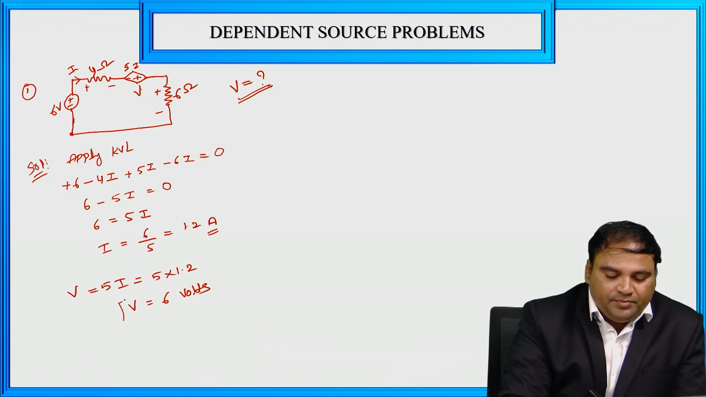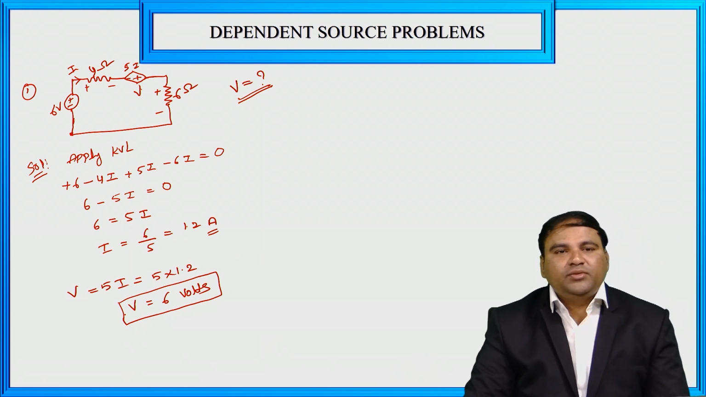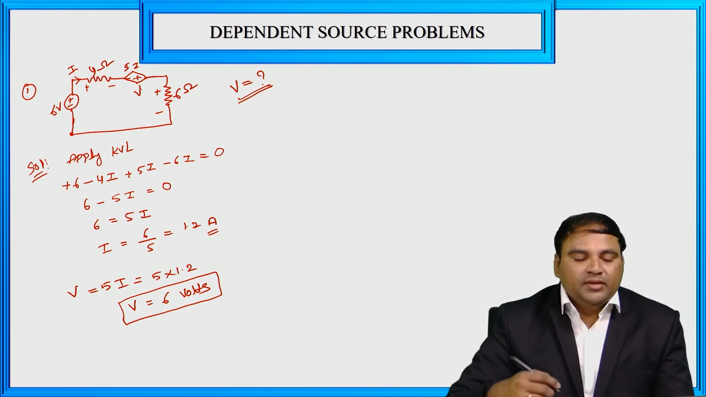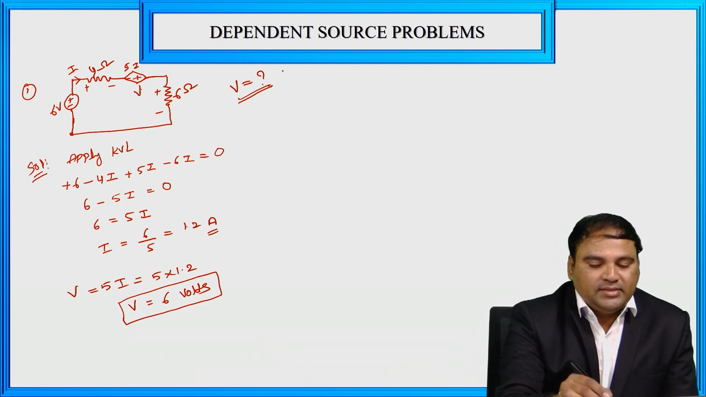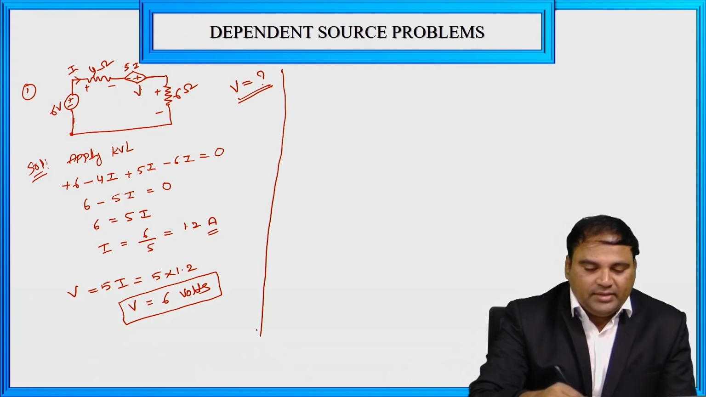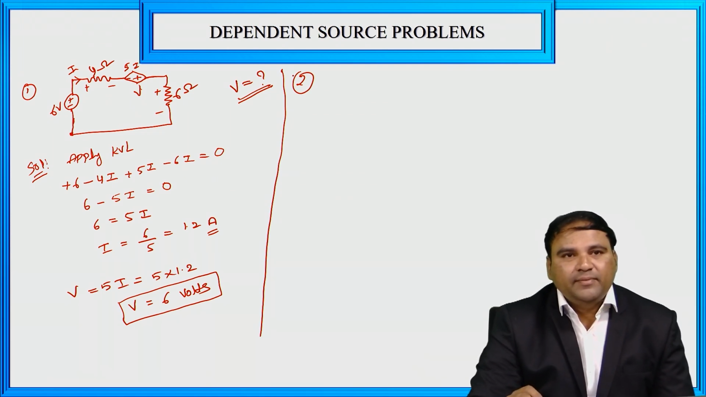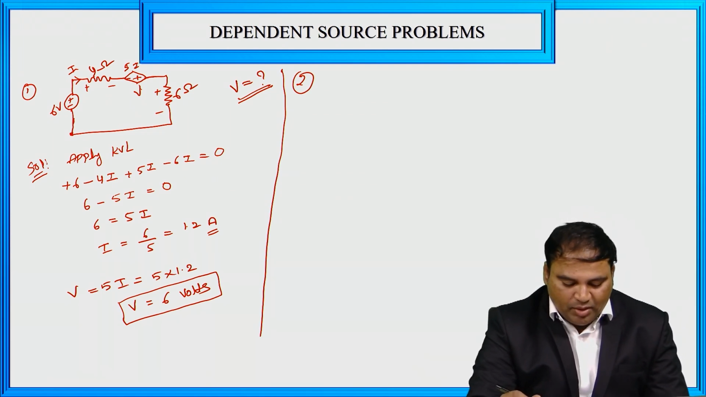Here is the dependent voltage value. So V equal to 6 volts, right? Here is the one problem. And second one, we'll go for the second problem. So very simple problems these all are. Now the second problem is